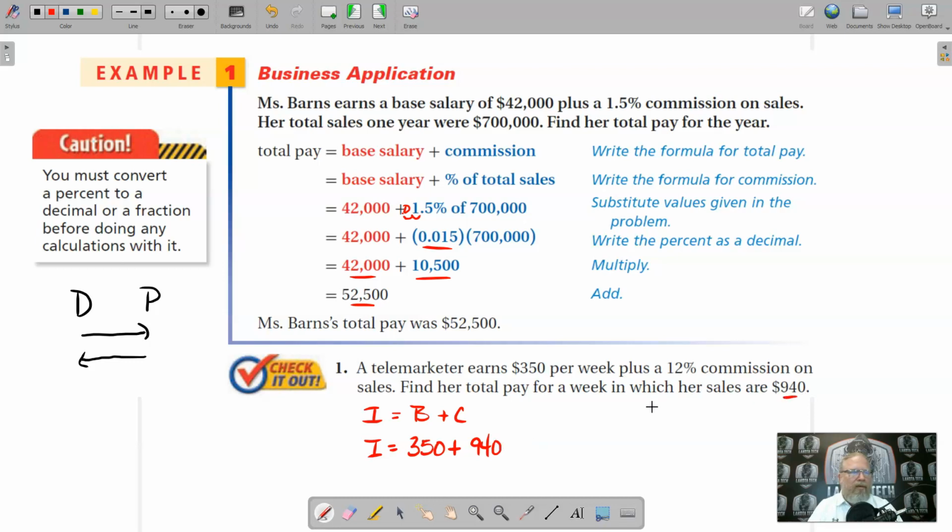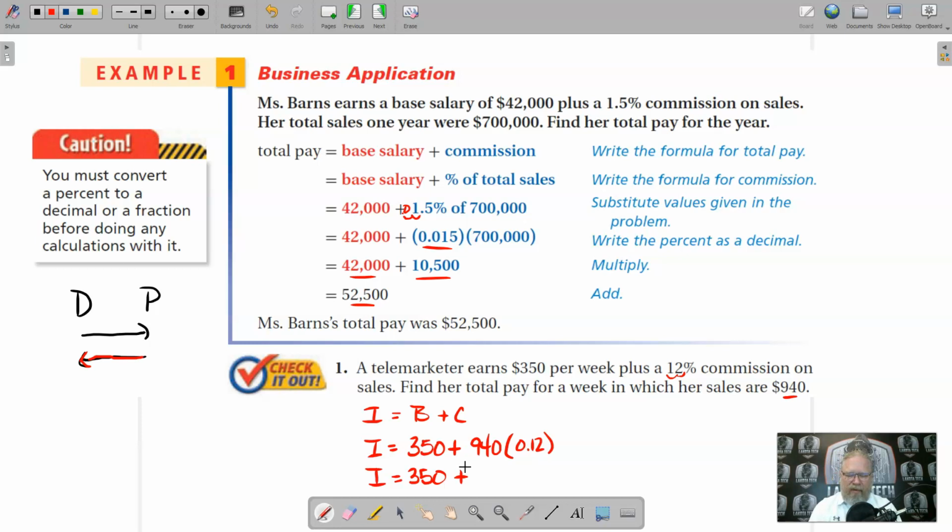That's what she sold, right? And we're going to multiply that times 12%. Let's move that decimal over 2 places, going from a percentage to a decimal. We're moving from the right to the left, so we'll move it to the left, and that's going to be 0.12. And now income would be equal to 350 plus, and I'm going to go ahead and do this one